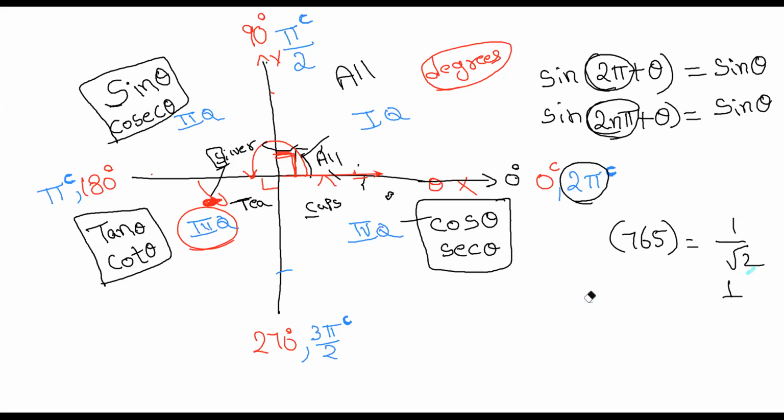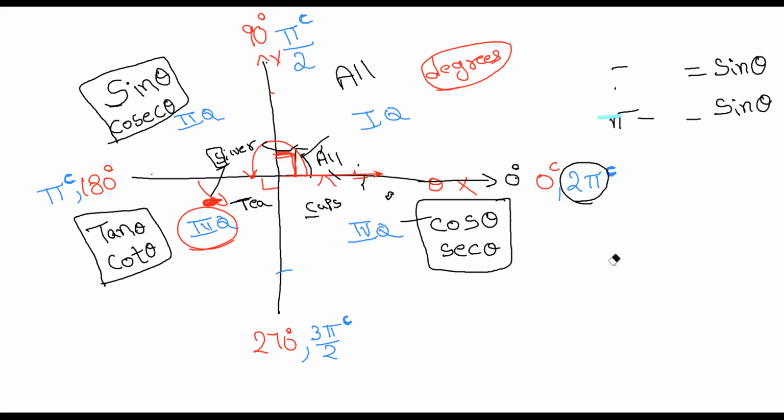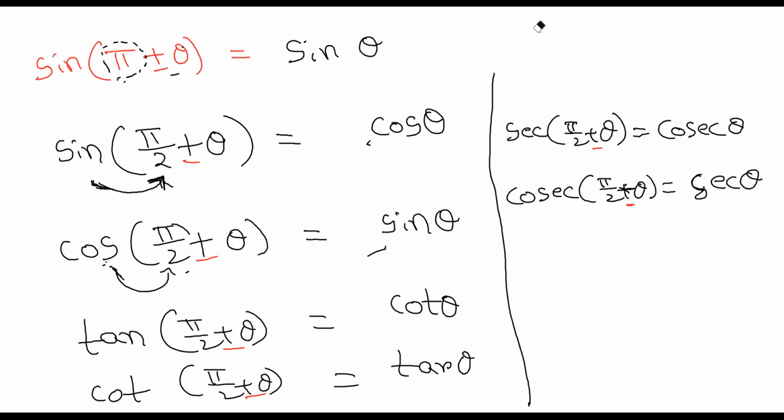In the same way, what is tan 765? So 1, right? This is the same as tan 45. So now you know the signs, right? When it will be positive, when it will be negative. Now tell me the signs for all of these, which are positive and which are negative.